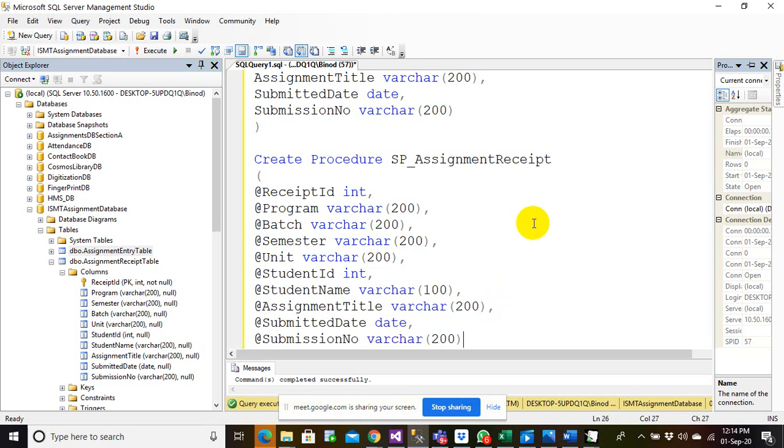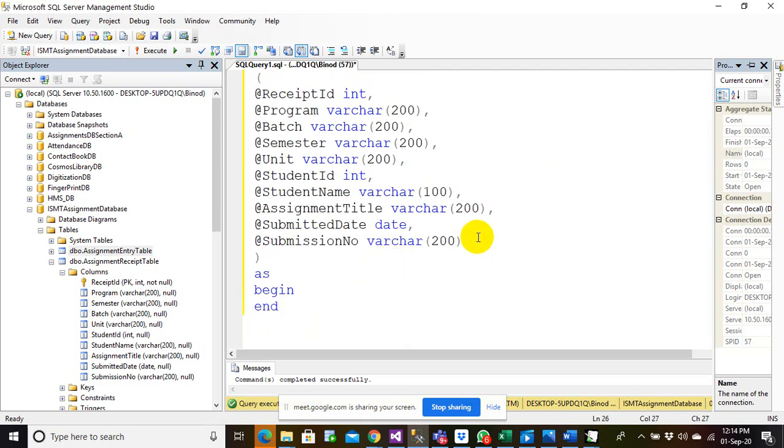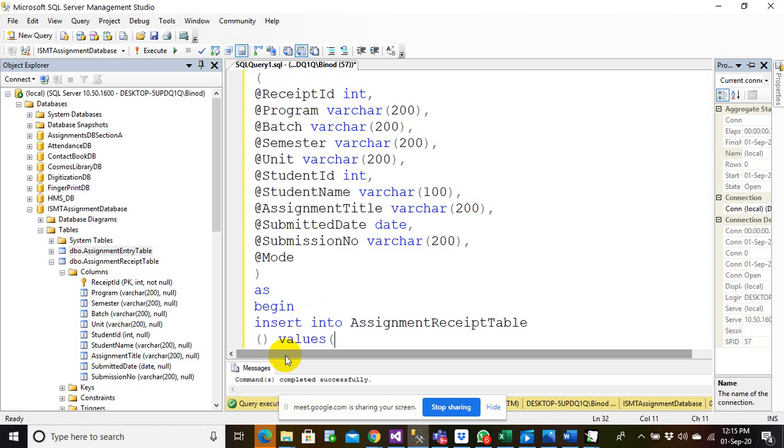Okay. So we have done with the parameters. Let's check at the rate mode also. As begin, and we have insert into assignment receipt table. Value something like this.